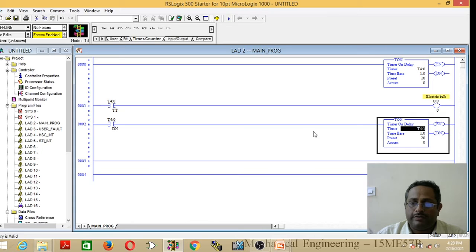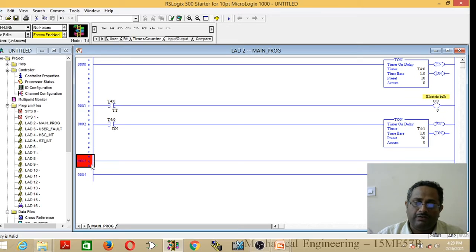Now we have to add one more open contact to reset the timer. The first and second rungs are to switch on the electric bulb for 10 seconds. The third rung is to switch it off for 20 seconds. Then the fourth rung is to reset the first timer.